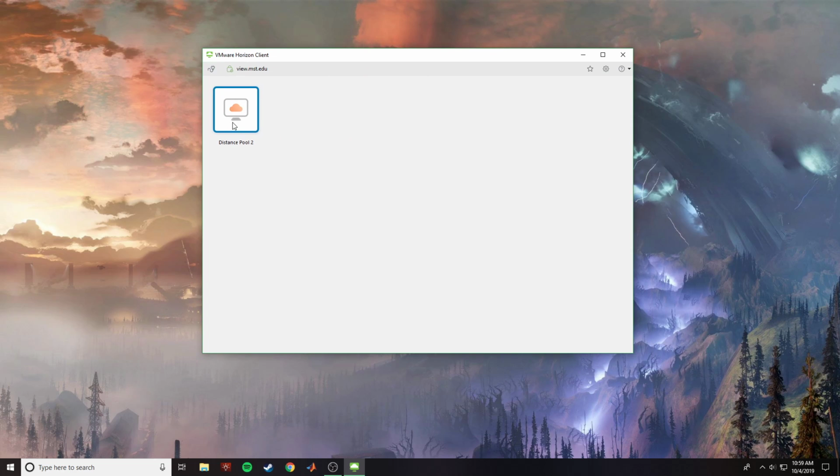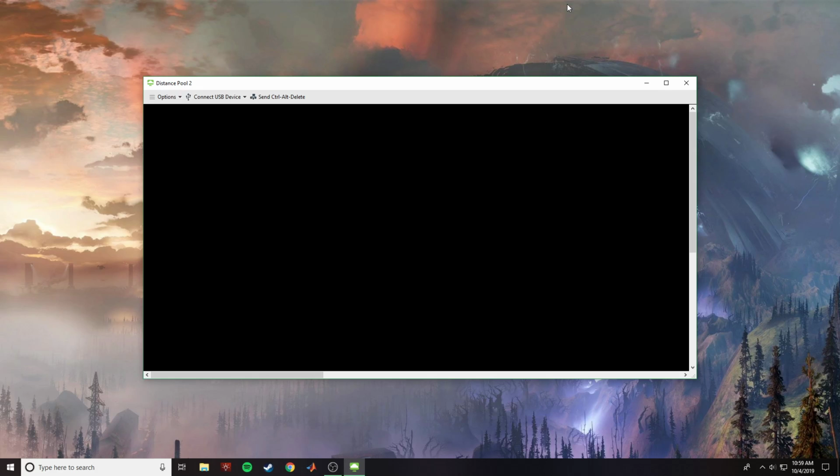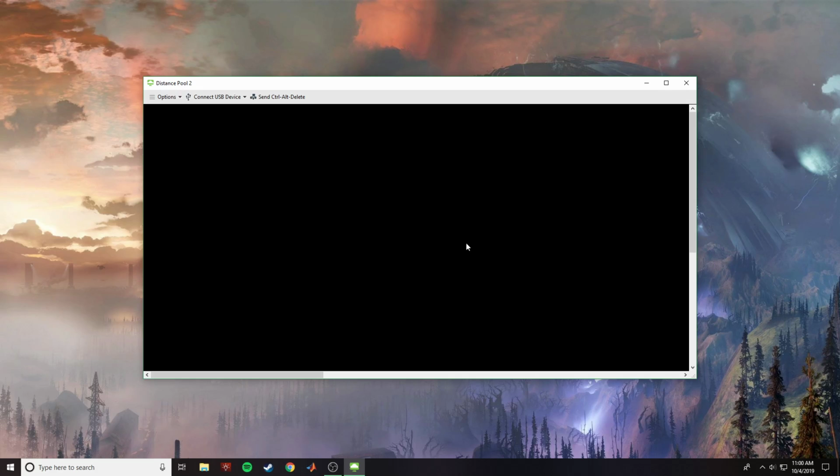So now we want AAA. We're going to want to run the virtual desktop. I'm not sure how this is going to work with my capture card, but we'll see. So for some reason when you minimize it, it turns black, but if you go full screen, you should see a scrolling wheel saying it's preparing Windows. Basically, it's starting up this virtual desktop that's running somewhere not here, somewhere on campus most likely. Takes maybe a minute or two to get this thing going,